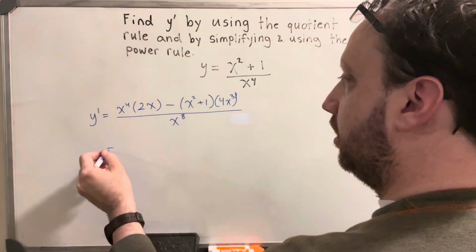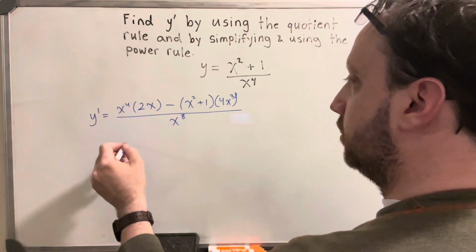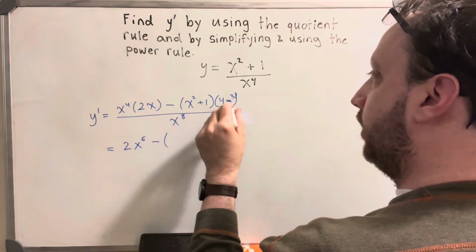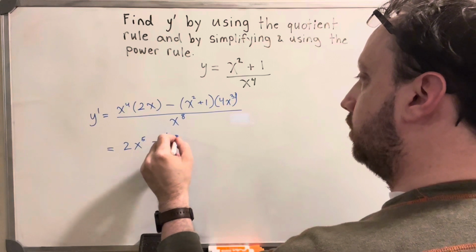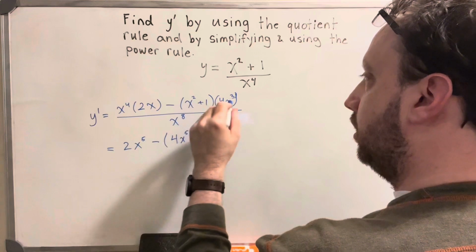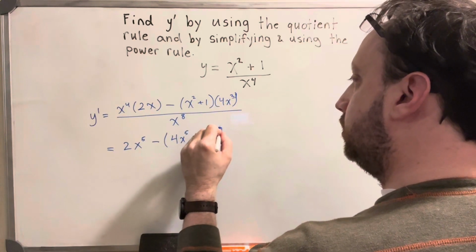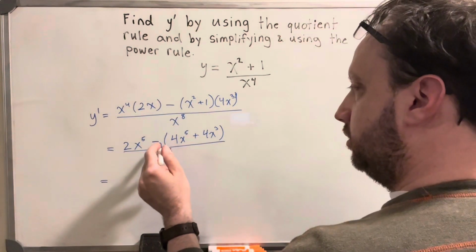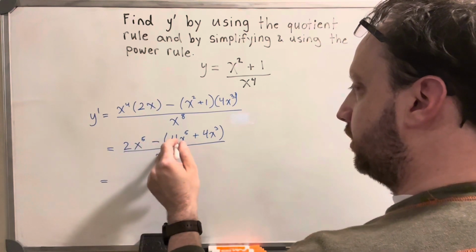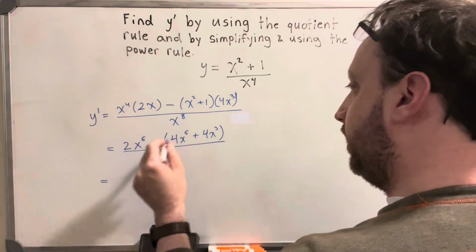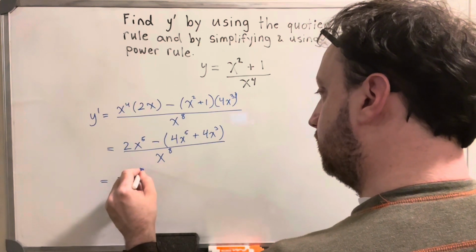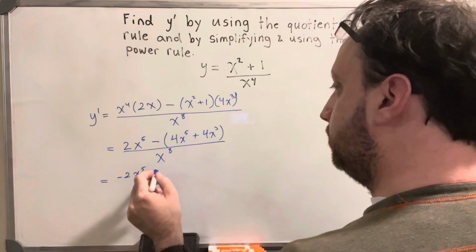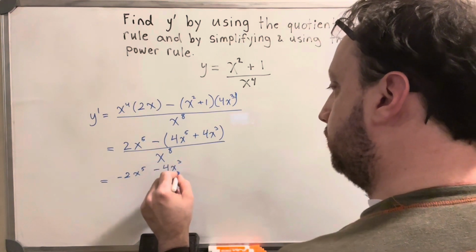Let's multiply through here. So this is 2x times x to the fourth, so this is 2x to the 5th minus, 4x cubed times x squared is 4x to the 5th. And this is plus 1 times 4x cubed is 4x cubed, all over x to the 8th. Okay, now let's distribute through the minus sign. 2x to the 5th minus 4x to the 5th is negative 2x to the 5th, because 2 minus 4 is negative 2. Now minus 4x cubed is just minus 4x cubed, all over